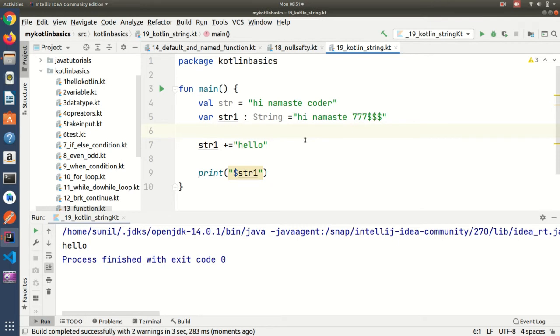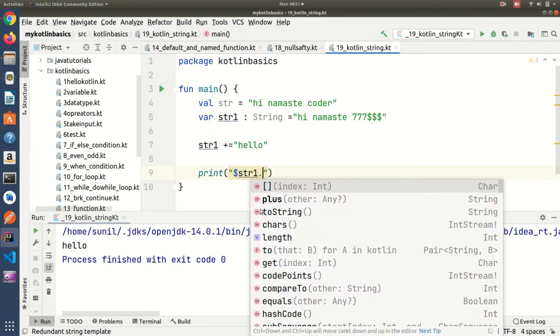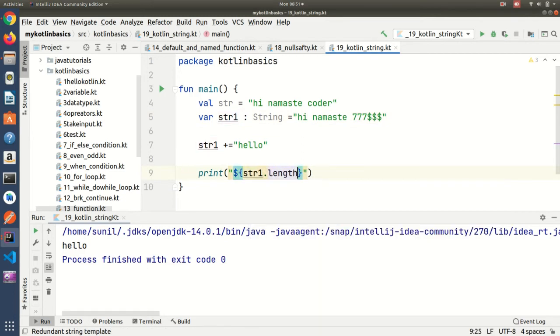Let's see another example: how to find the length of a string. As I already discussed in arrays, whenever it starts counting, the first position is taken as 0: 0, 1, 2, 3, 4, 5. Space is also counted. Let me check the length of the string.